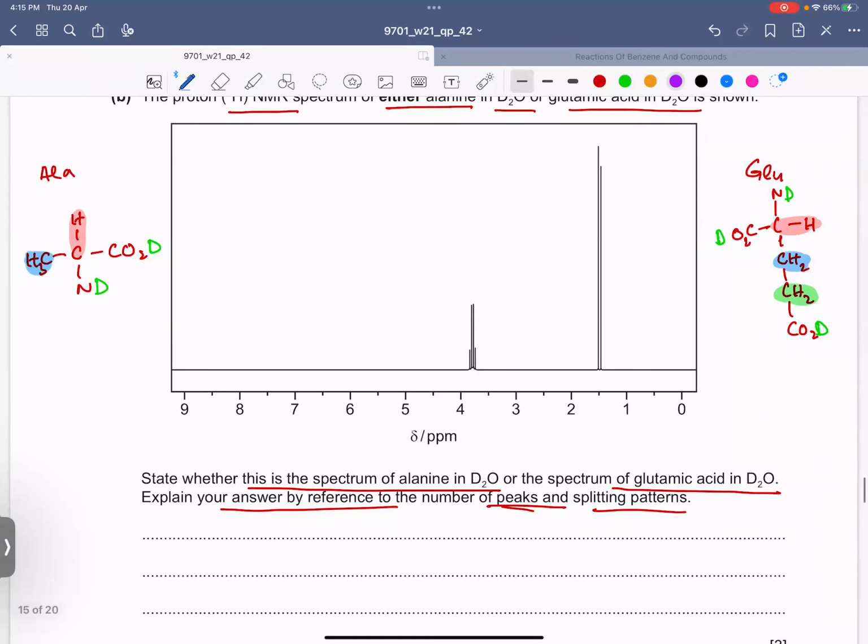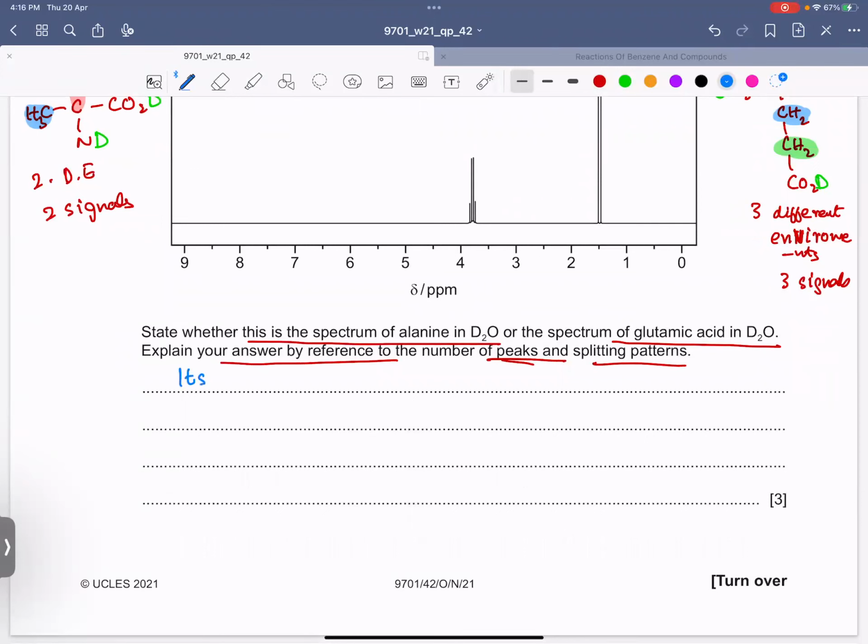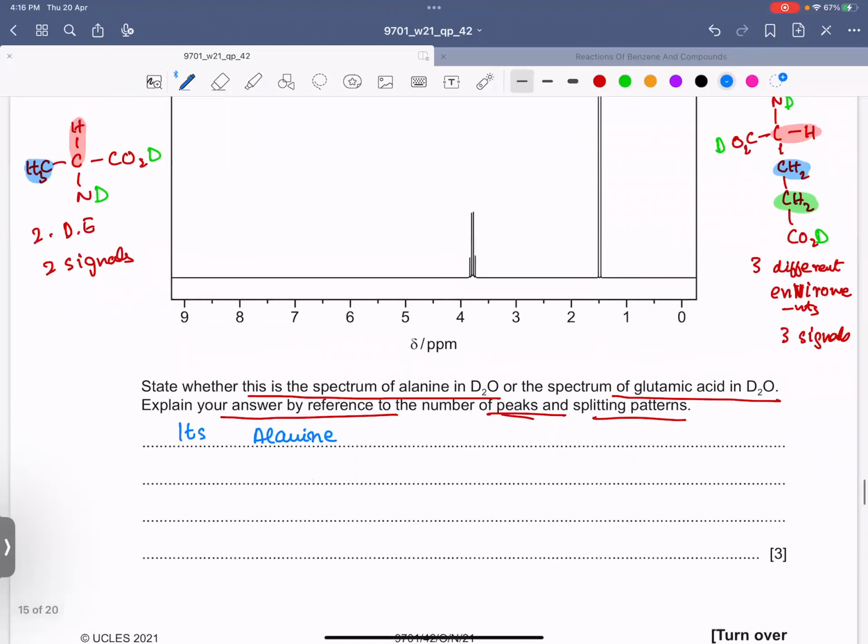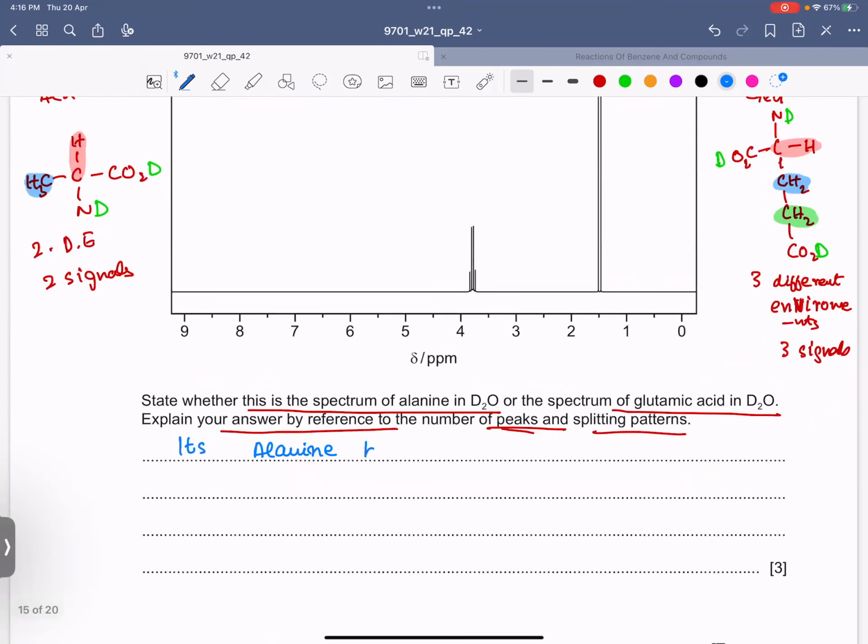So here, three different environments, right? Three different environments, which indicates that I'm going to get three signals. And here, two different environments, so I'm going to get two signals. And if you see over here, the signals are two. So it means it's alanine, because